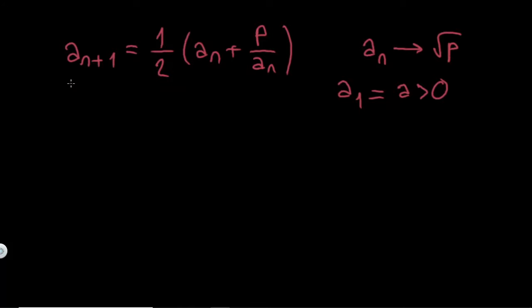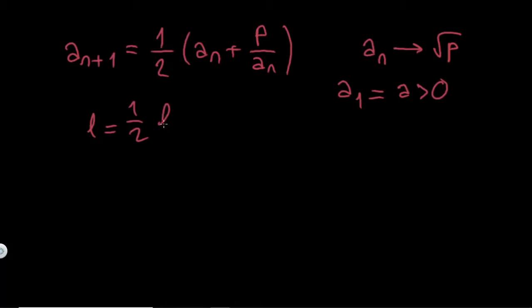First, let me show you an unofficial way. This is just to see, if there is a limit, what would it be. So this is an unofficial part. If you do this on your paper, then you should delete it. If I take limits of all sides, the limit of a_(n+1) is going to be equal to the limit of a_n. And if I say this limit is L, then L is going to be